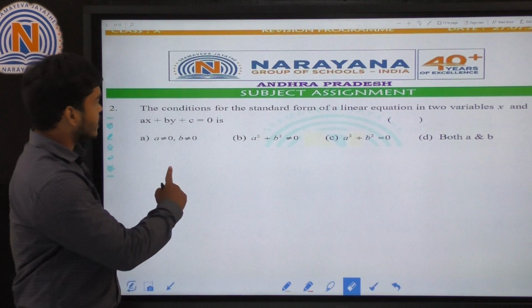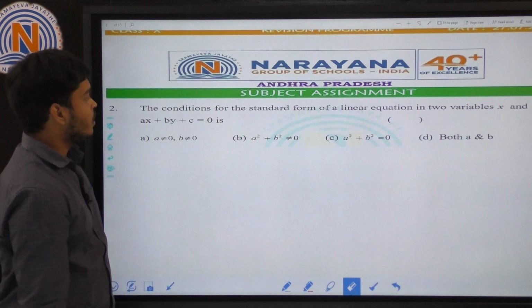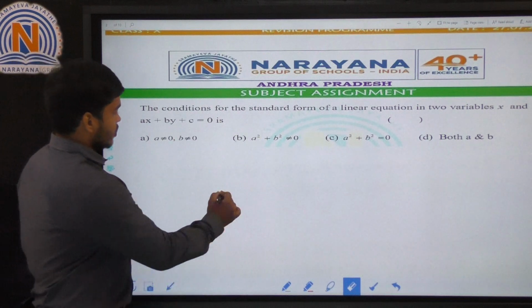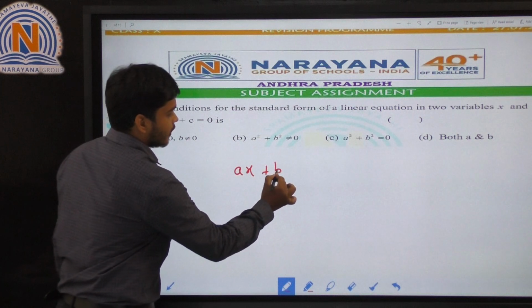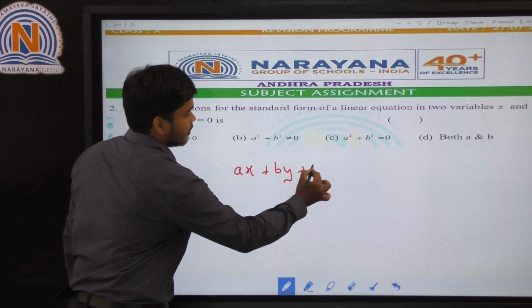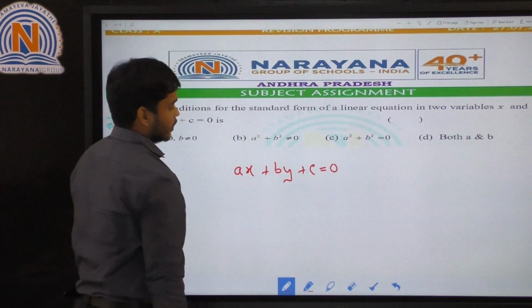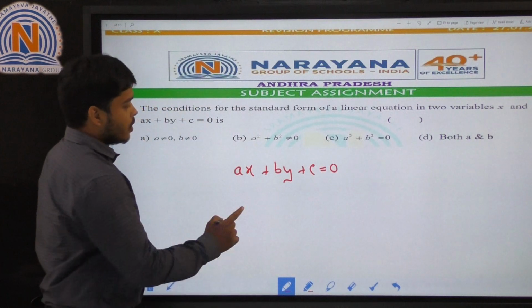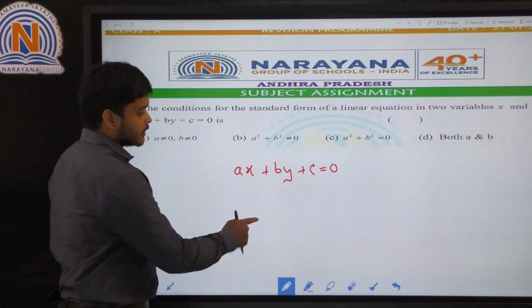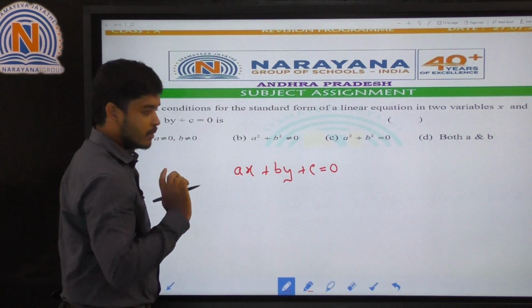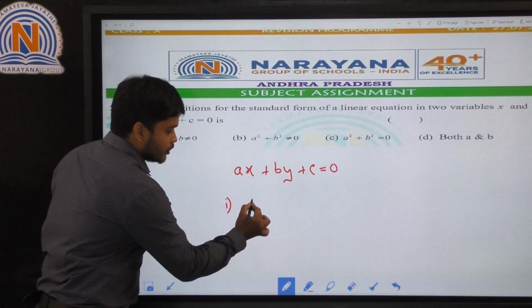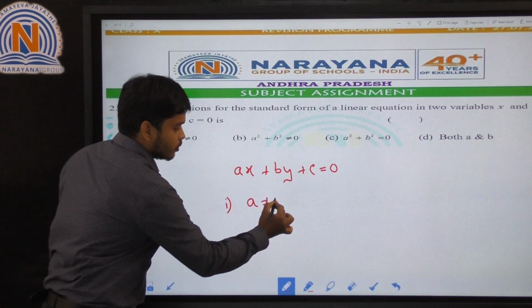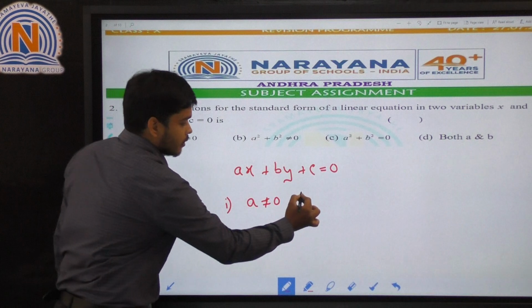So here ax plus by plus c equals 0. Here there is a condition. What is that? Here there are two variables, x and y. The first condition is that a should not be equal to 0 and b should not